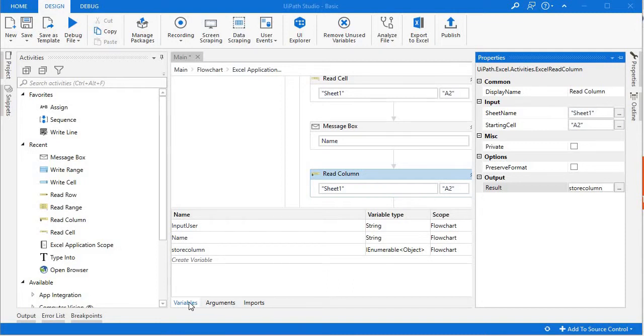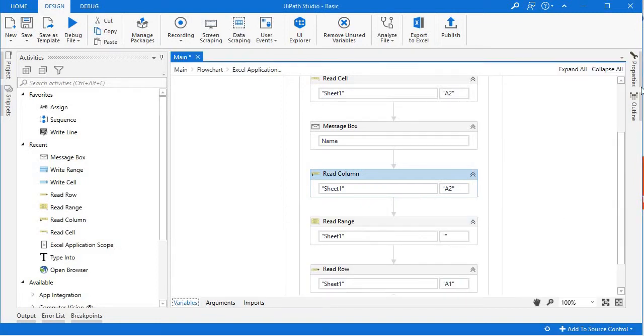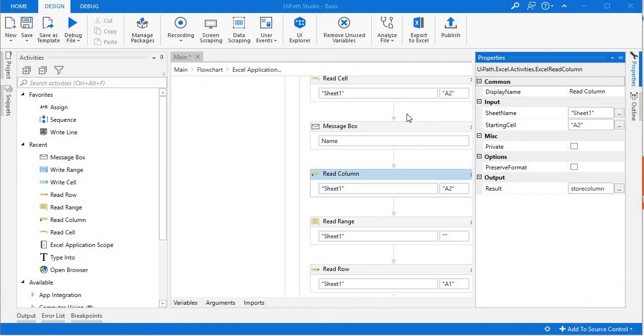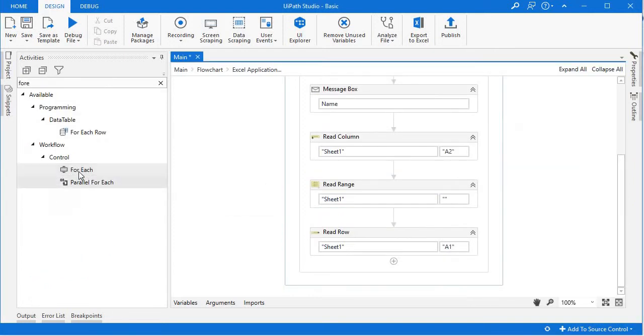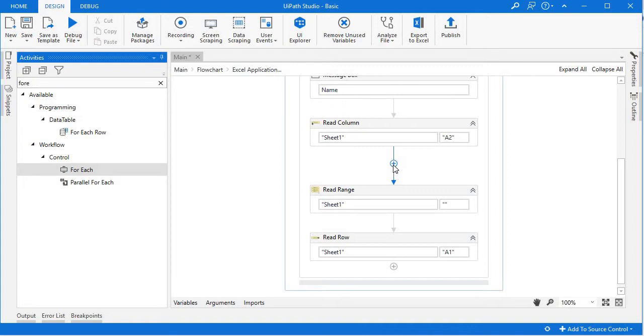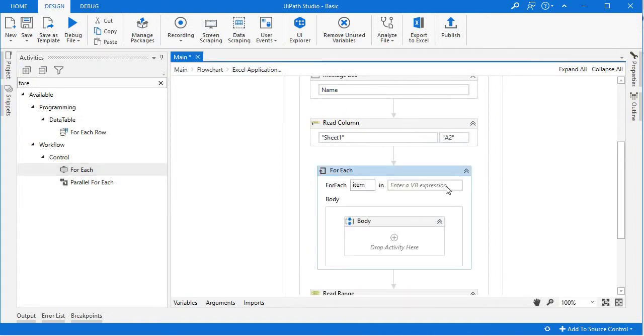So far so good. Now we need to display this store column data. For this, we need to drag a for each loop. As it is an array of data, meaning a bunch of data, we need to iterate through each item and display that data.